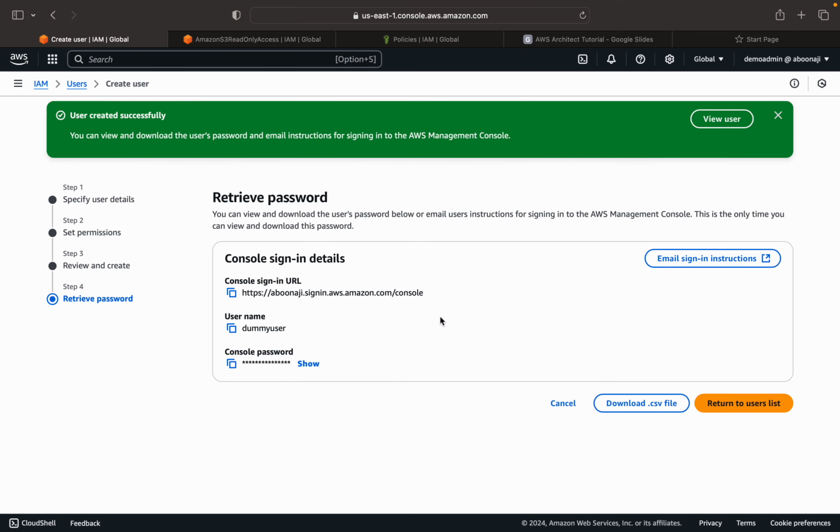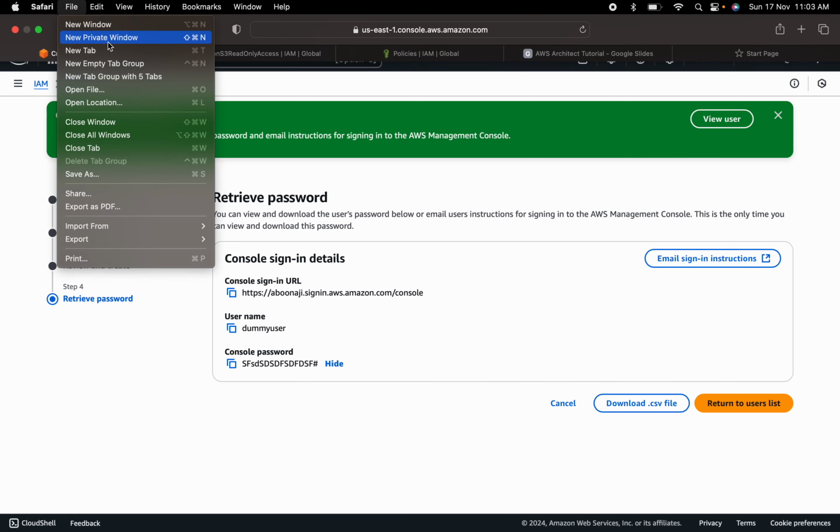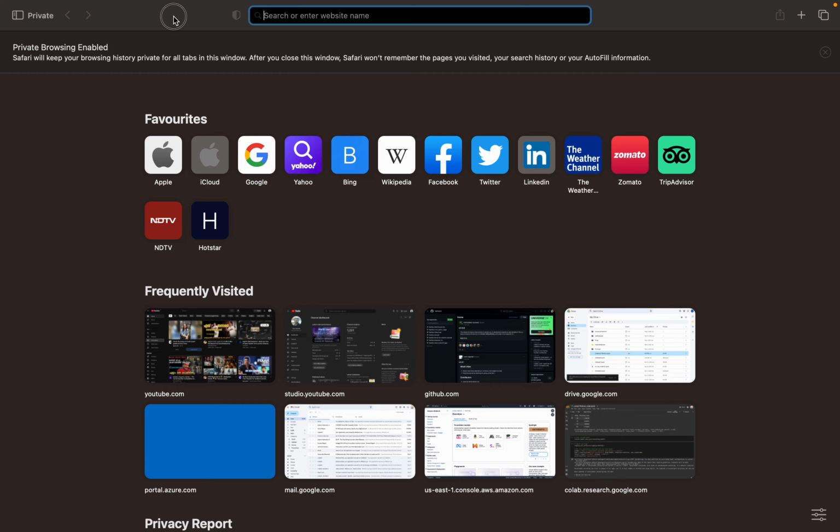Okay. So once the user is created, we will be able to see this kind of a thing. So this is the URL, this is the username and this is the password. I will be able to download this as a CSV file and this can be shared with the particular user. So let me log in in incognito mode, private window,